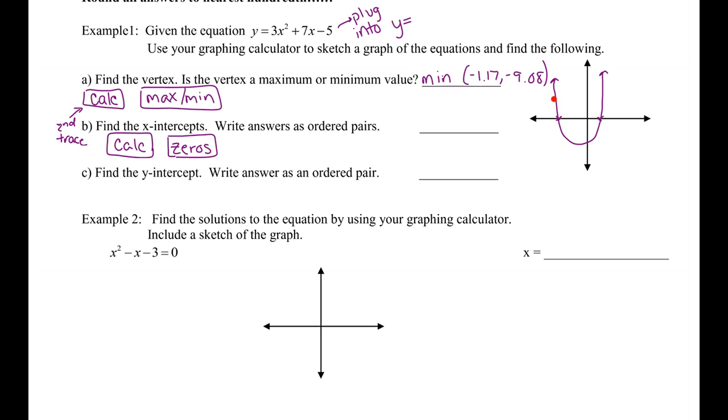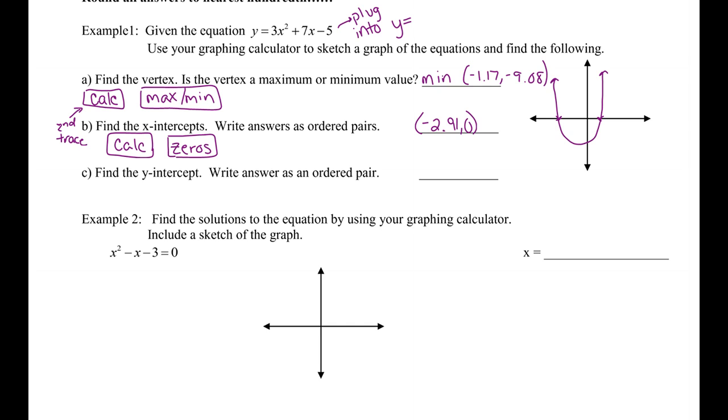Once you have the left bound put in, select enter and move your point to the right of the intercept and select enter twice. That will give you your first intercept, which should be negative 2.91,